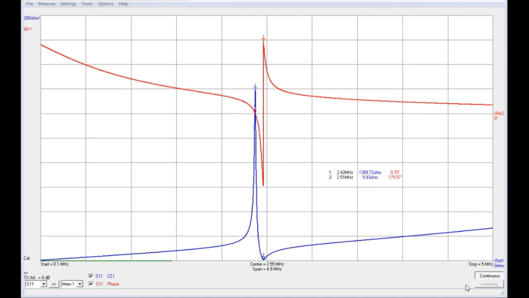So I'm going to turn it off from continuous, and what I do want to show is the secondary coil connected in a series-fed connection, so we can actually see the actual properties of the secondary coil as they were designed. Now, before we move on to that, if we look at the current properties there